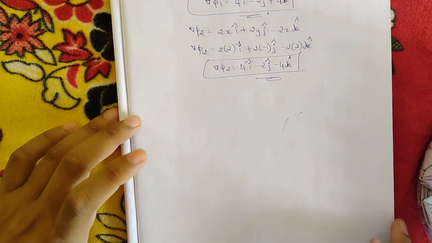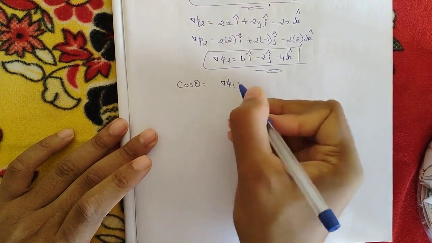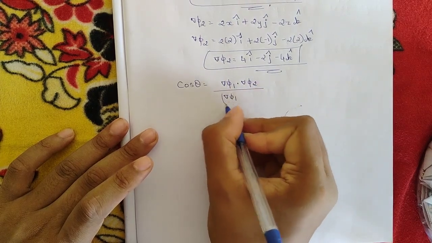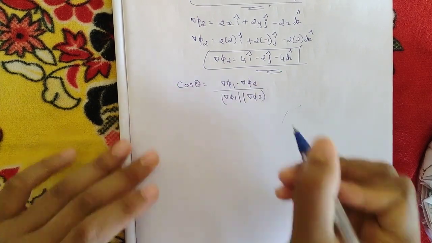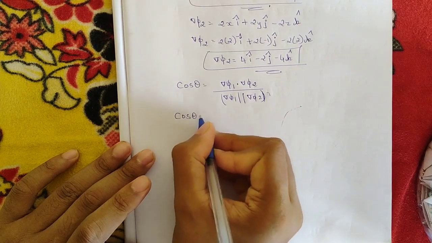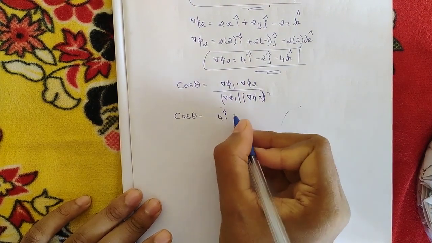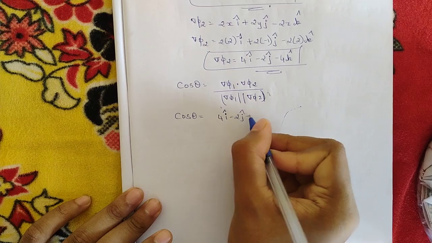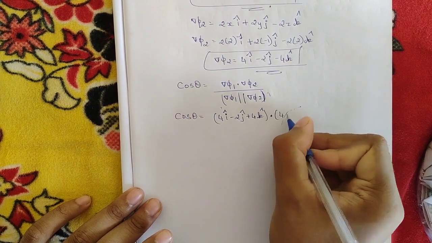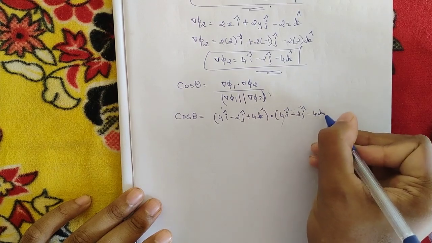Now to find the angle between the surfaces, the formula is given as cos theta is equal to del phi 1 dot del phi 2 divided by magnitude of del phi 1 into magnitude of del phi 2. Okay, as you know, now we are going to substitute those things here. So cos theta is equal to del phi 1, which is 4 i cap minus 2 j cap plus 4 k cap, dot product with del phi 2, that is 4 i cap minus 2 j cap minus 4 k cap,